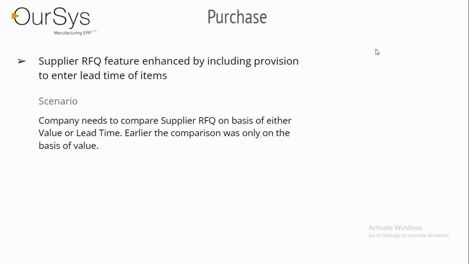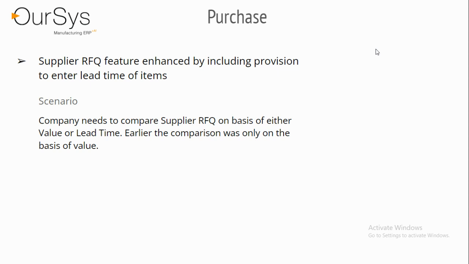Companies only had the provision to compare the RFQ by value. But there could be a scenario where value is not important for me, the lead time is more important, because the earlier the component is received at my end, the earlier the dispatches might be made,